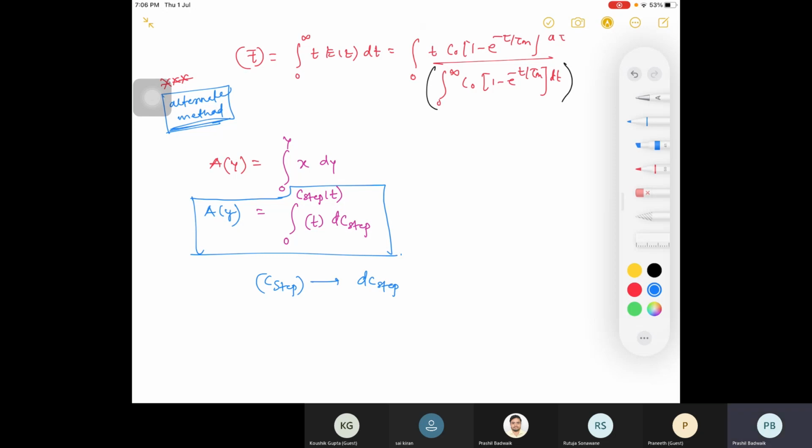And substitute here. What is DC step? I am doing this derivation just to have a clarification how these curves are obtained. You will be having a field based on your curve. This is your mathematical condition inside. Without mathematics, it is a bit difficult to understand what happens inside the reactor.